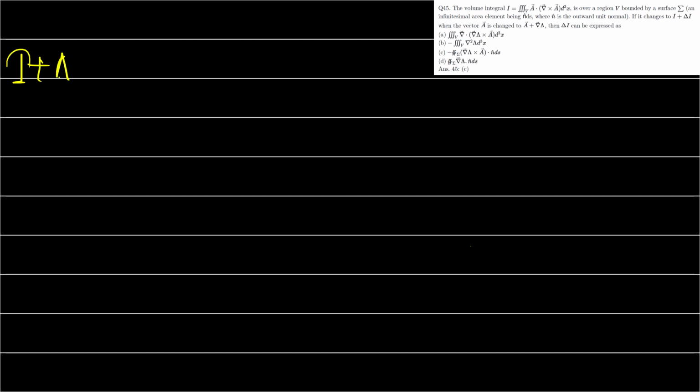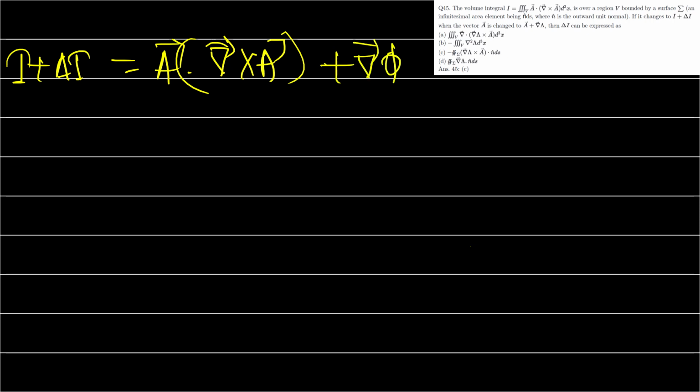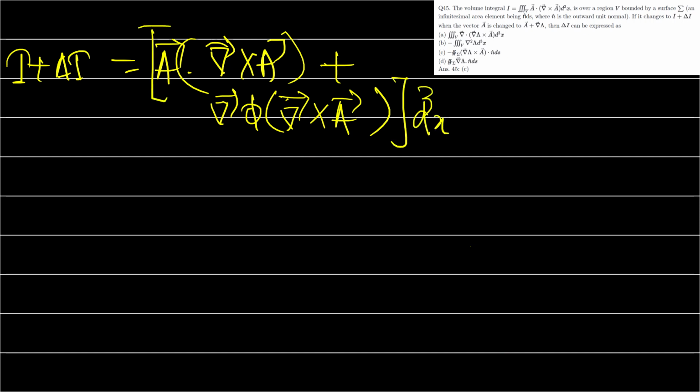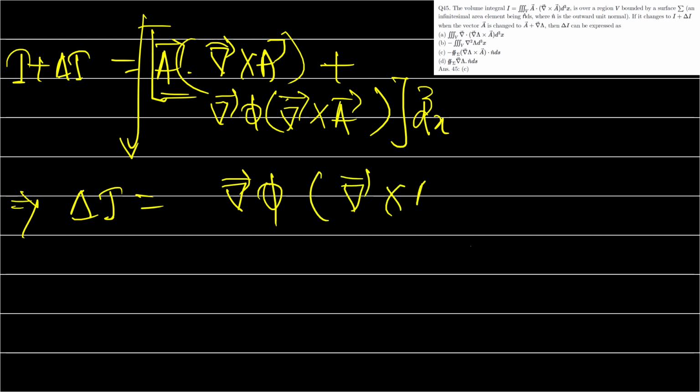So the integral I plus delta I becomes A bar or A vector dot curl A plus grad phi whole dot curl of A. This is basically the inside term of the volume integral dV. Now this term is nothing but I. So we can write delta I is equal to how much? Grad phi dot curl A,